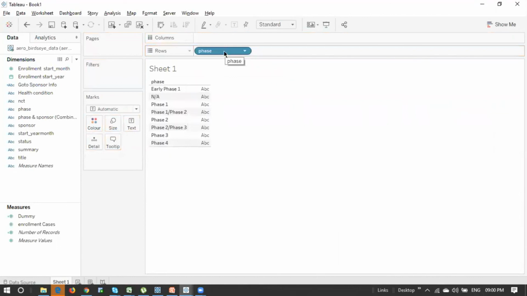At that time, only one data source will be available on the server. Whatever workbooks you have created by using the data source will be published to the server. So this is the difference between a published data source and an embedded data source. An embedded data source will be available along with the workbook. A published data source is independent. By using the published data source, we can create other new reports.